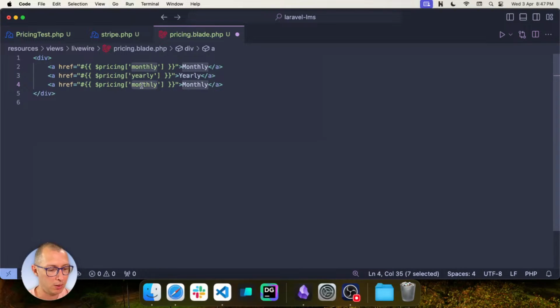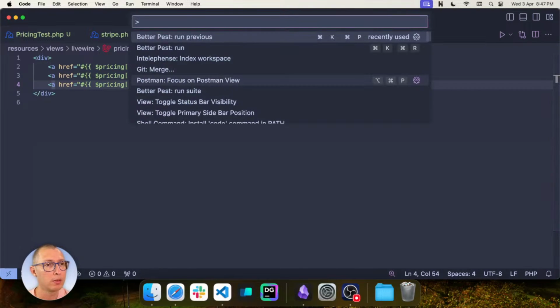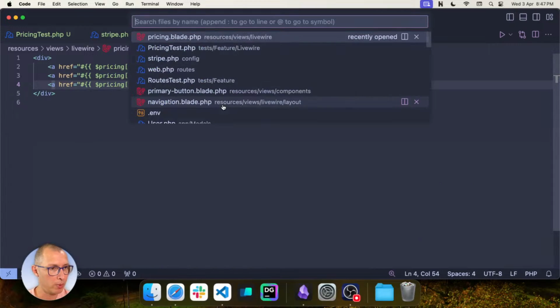And finally, lifetime. Now it's going to complain because that variable doesn't exist in my component. Yeah, undefined variable pricing. So let's go to the pricing component